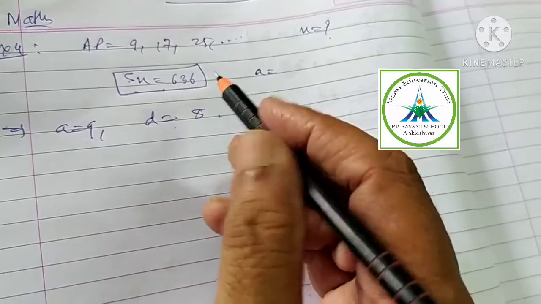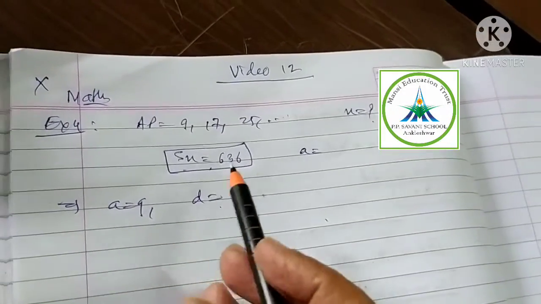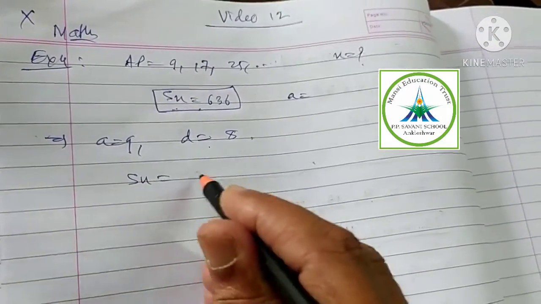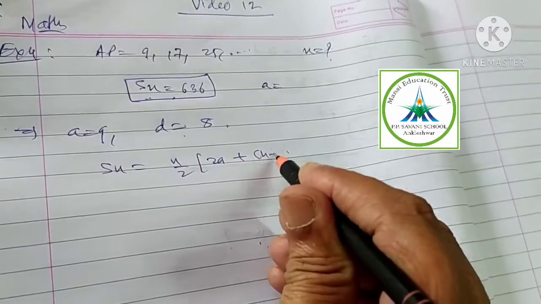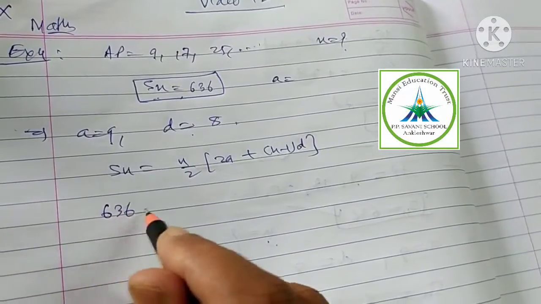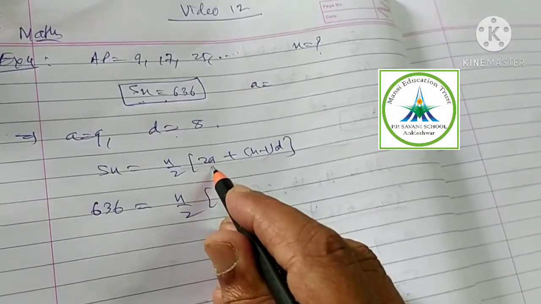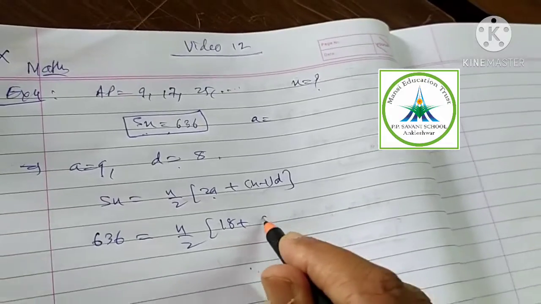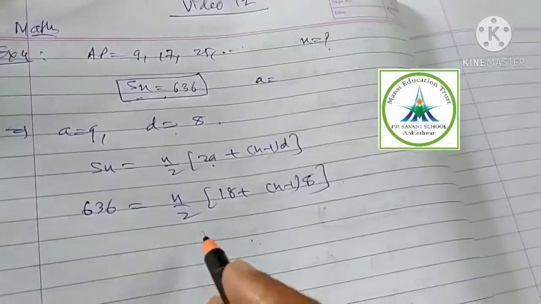Now just think about the right formula of Sn. If you are given Sn and your mind is not working, Sn is visible, so just write the formula of Sn, and you will see something. You will come to know something from that formula only. Honestly, don't waste time thinking. So Sn is 636, we got it. n is not known, n upon 2. A is known, 2 times A means 2 nines, 18. Plus n is not known, n minus 1 as it is. D is known, 8. Open.